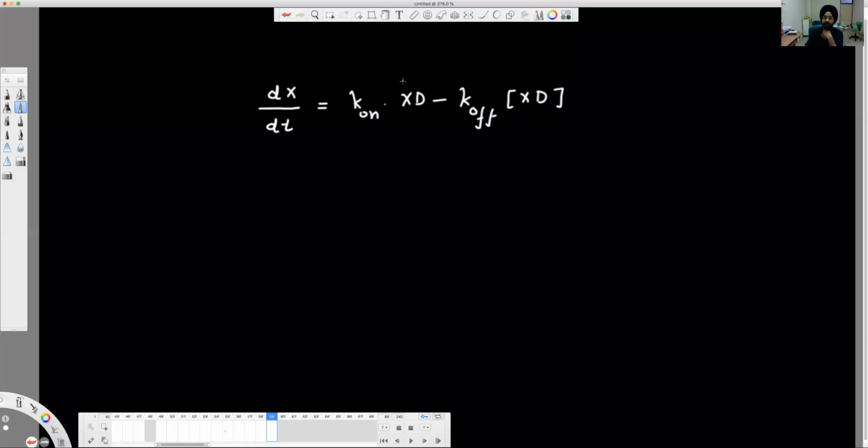There is a difference between when I write xd here, this is the concentration of x times the concentration of d, this is the concentration of the complex. That's why we use square brackets. Now the simple thing is that again we have some simplification. We say, what happens at this steady state? You see that this assumption comes again and again in network dynamics, that we assume reactions are at steady state, which is not entirely true, but let us go by that assumption. So this becomes